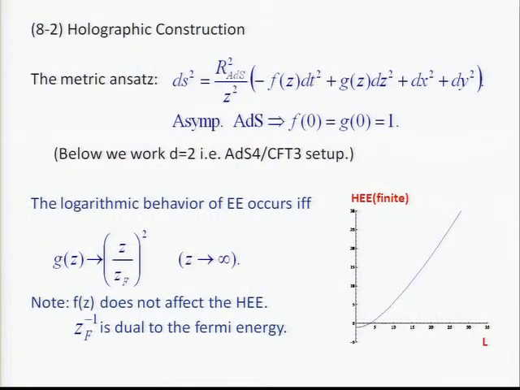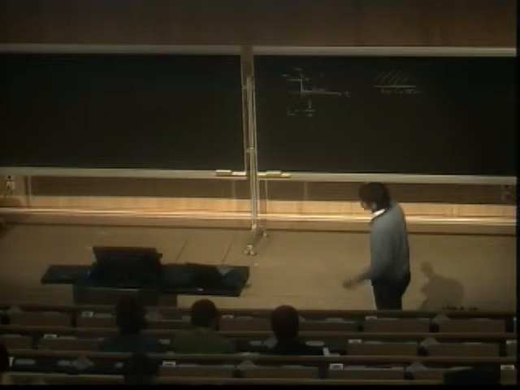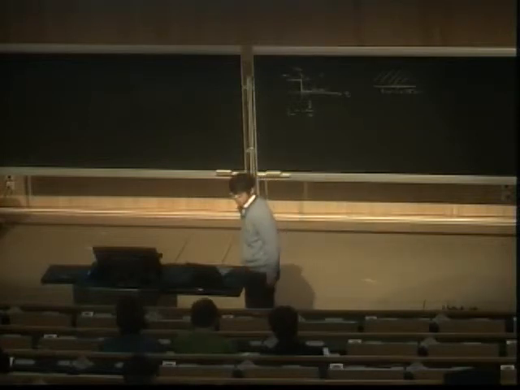Then we can assume the following metric ansatz. The time component is some function F(z), and there is a z component and a space component. I'm assuming a 2+1 dimensional system dual to something like an AdS4/CFT3 setup. We can easily generalize to higher dimensions, but let us assume this. This is a rather general metric, so we can use diffeomorphisms to fix the coefficient z squared, and the mixed term is also eliminated by coordinate transformations.